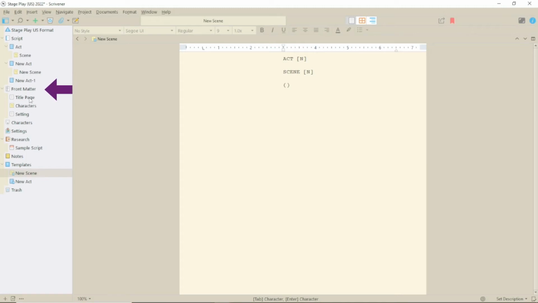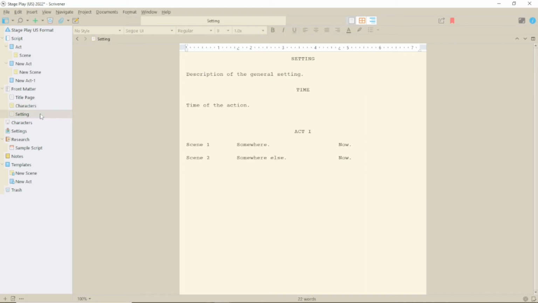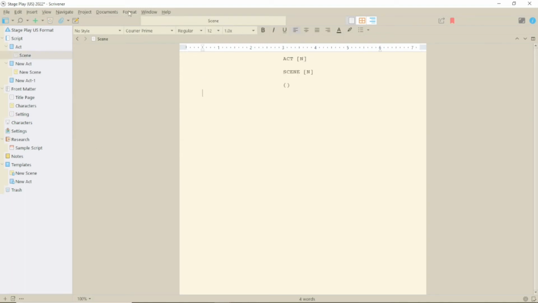Front Matter contains all those extra pages in the BBC format. It looks like the title page takes some information from the compile metadata, and there's other information you need to overtype. The character page is set up with a proper indent so that your character description will line up, so this is just an overtype with your details. Setting is once again an overtype and is set up with simple tabs to display the information, so there won't be any wrapping on this one. Back to our first scene.